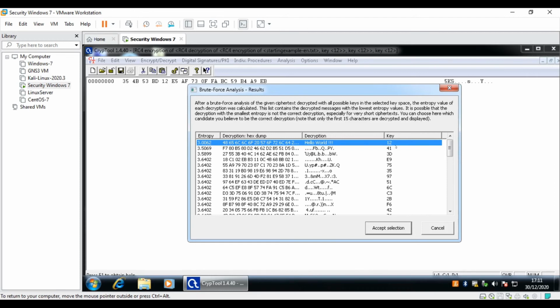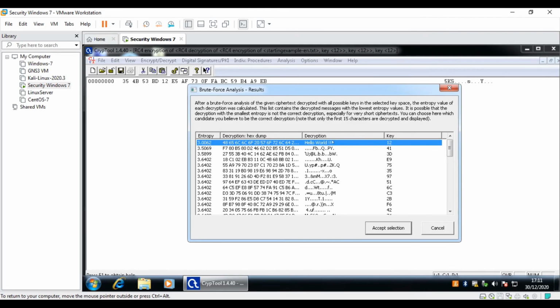Now entropy is an indication of how complex the password is, or in other words, how much effort the system puts into the decryption of the particular password. Normally, if the entropy value is lower, it could be the most probable plain text or the related password. But it is not the case every time, because in some cases higher entropies also suggest the correct decryption and key. In this case, our key was 12 and our correct decryption was hello world.